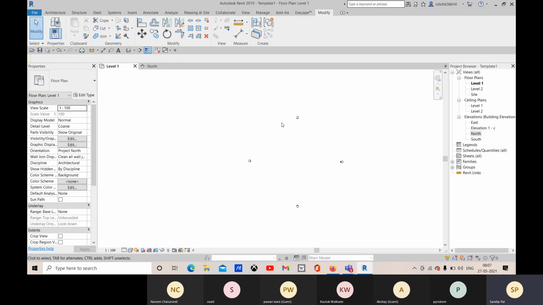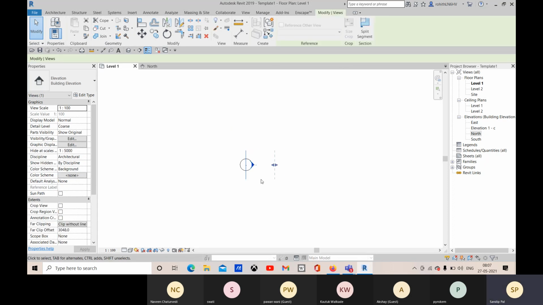All the objects placed here will be visible. Now let's select this only. You can see that this is the limit. It will only show up to this, and after this, if any object is placed, it will not be visible. So what you need to do is drag it, till here you need to drag. Now this is the limit, and within this, if you place your object, it will be visible.